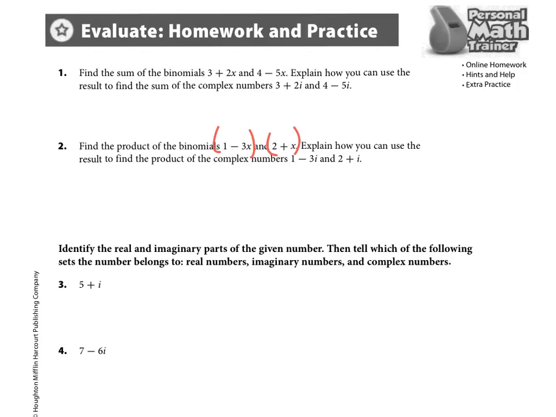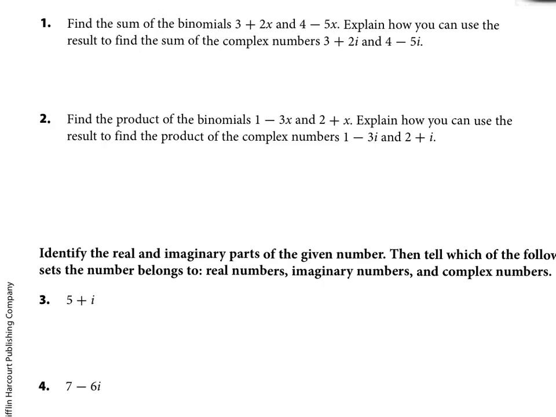Let's change the color here. That and that. Well, I think it might be obvious that the 1 minus 3x and the 2 plus x are 2 binomials, and if you were to multiply, because it says product, that you would be double distributing. So if you look at